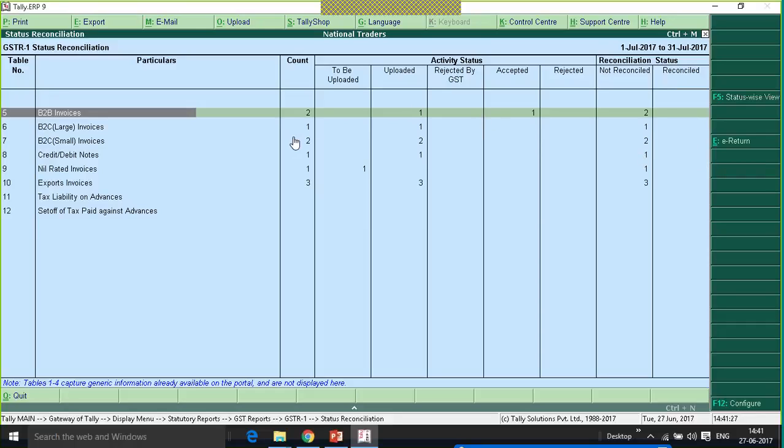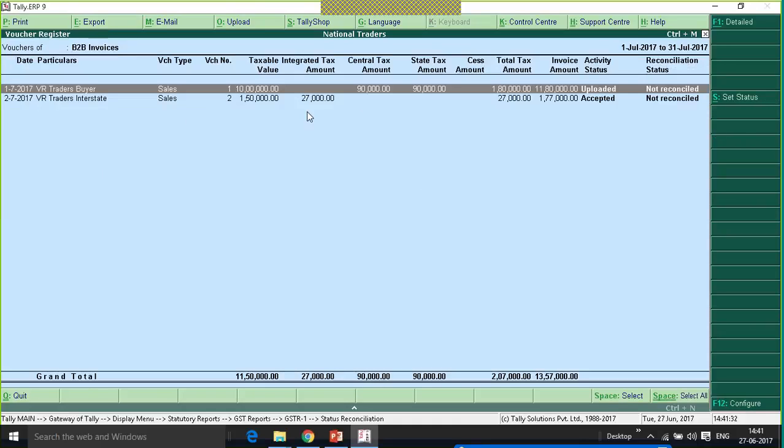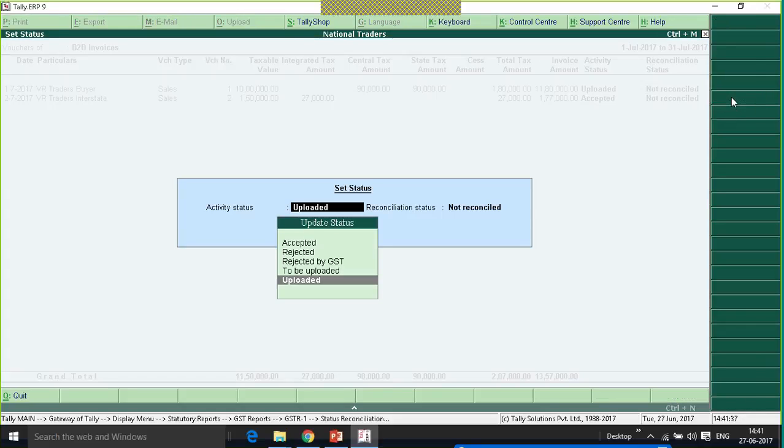Now, to change the status of the vouchers, we can drill down into the voucher and set the status. The status can be set as accepted, rejected, uploaded, or to be uploaded. Any status can be set and can be marked as not reconciled or reconciled.